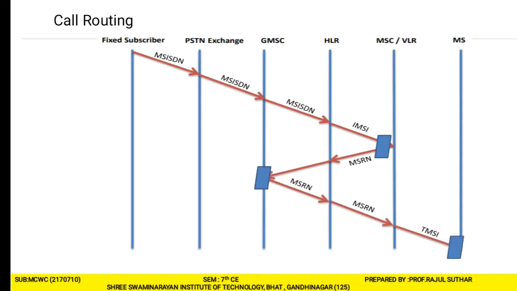inquiry the GMSC. The GMSC can now route the call to the MSC. This service is called the mobile station moving service, or called the routing service. The MSC uses the MSRN to look up the IMSI of the MS and uses this to point out the MS. So this is the total functionality of call routing.